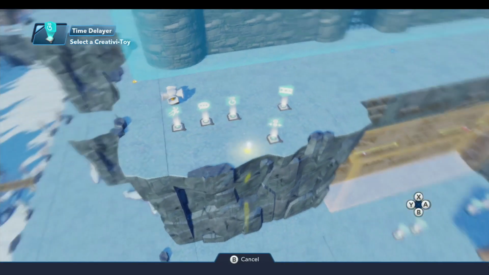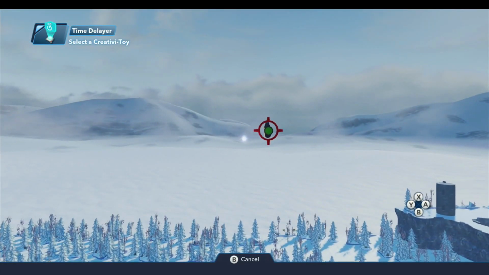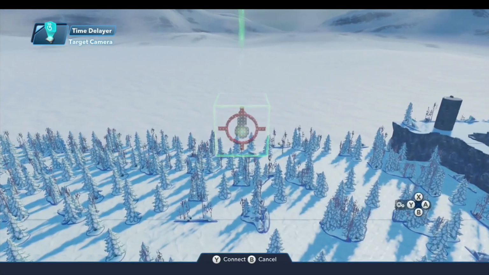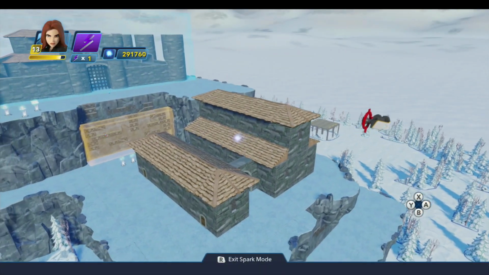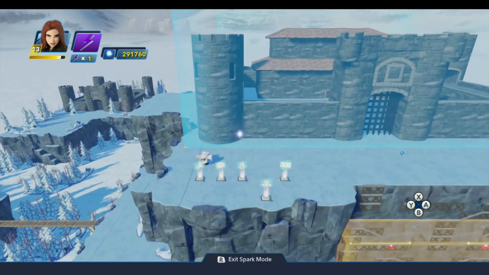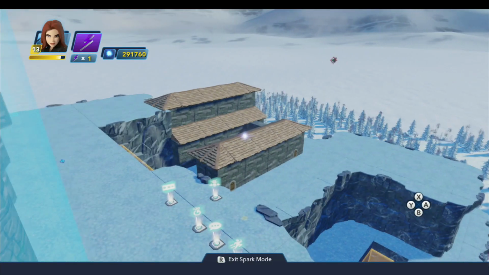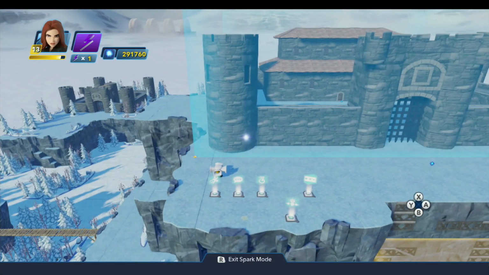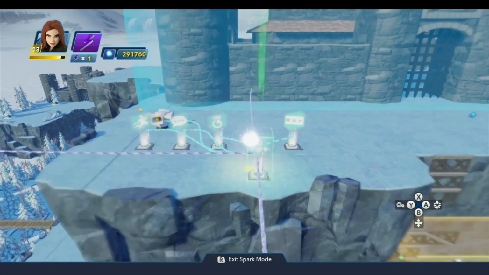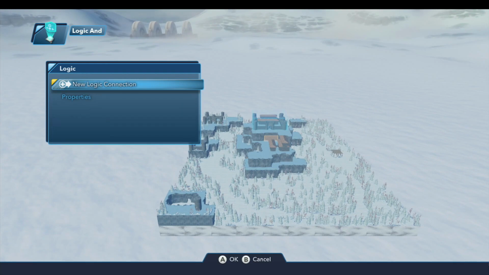When the delay is completed, we'll come over here to our target camera and activate it. And that will show the player where they need to go. And then once the camera goes off 4 seconds later, then the player needs the radar to help them get up here. And so for that, come back to our logic AND one more time, do a new logic connection